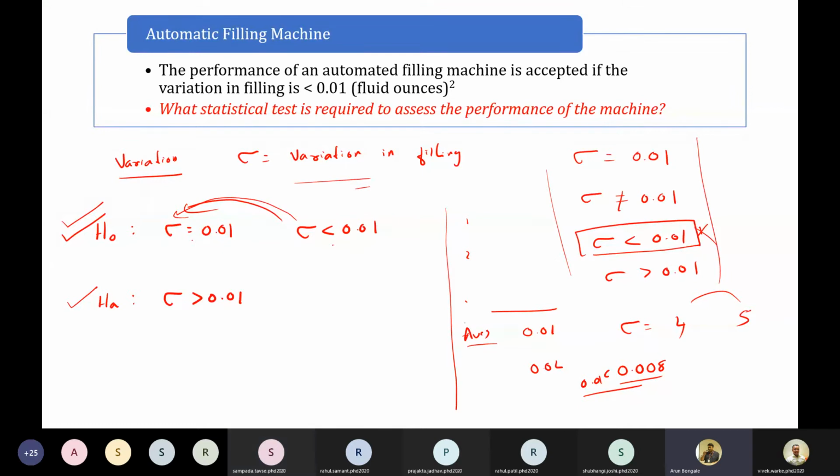That's why, to make it a little more convenient, we always go with the equality sign for the null hypothesis. It will reduce the burden in thinking by 50%. Then, based on the null hypothesis, we formulate the alternate hypothesis. So there the tricky part comes. Okay, sir. Got it.